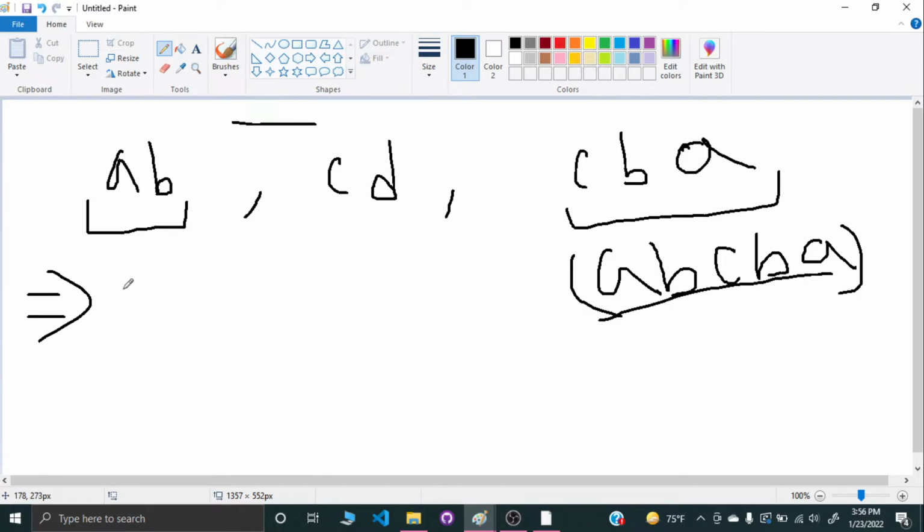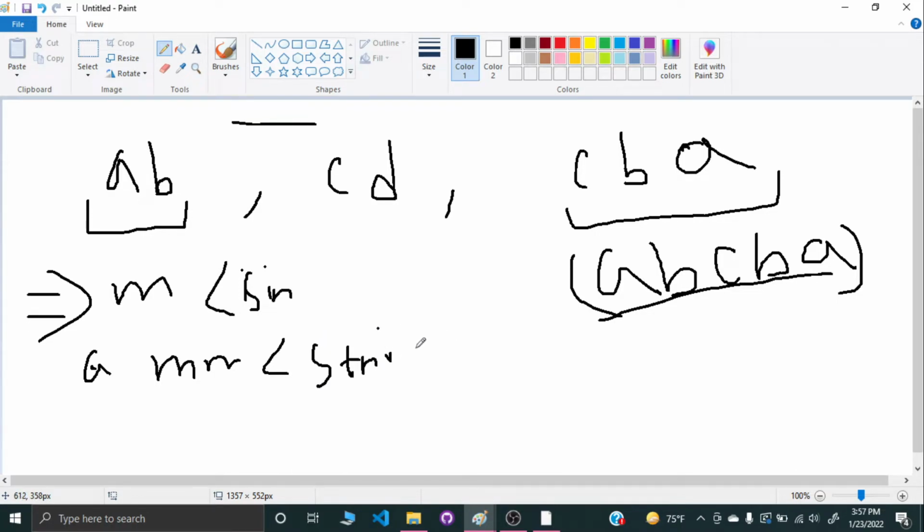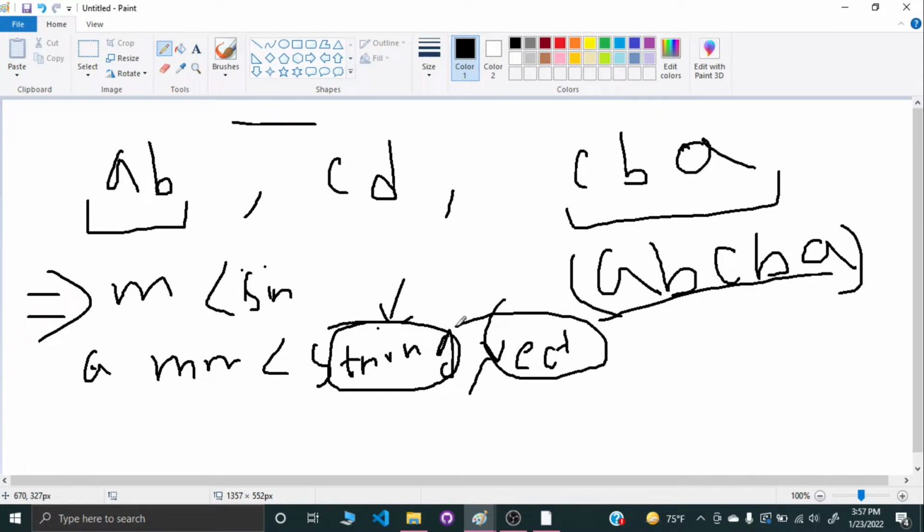In order to implement this solution, I've also used a map, a map of string and vector, meaning I'm going to map each and every string with a vector.